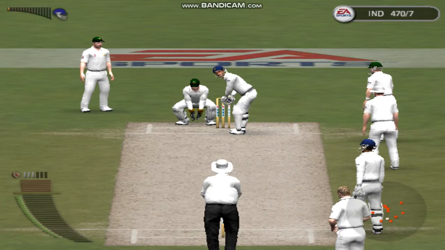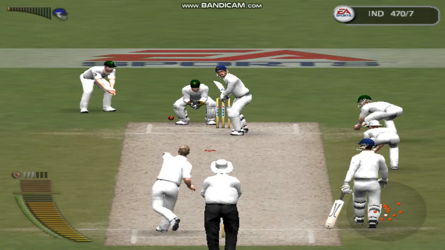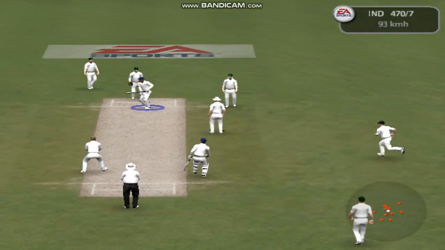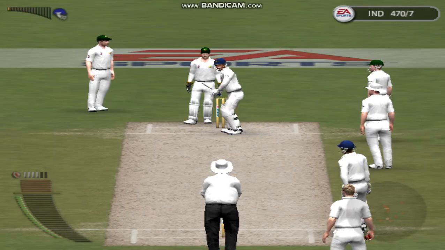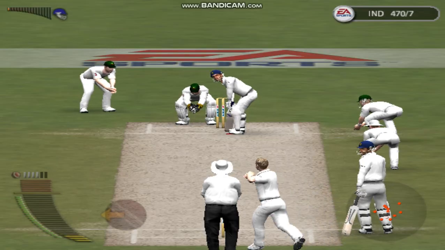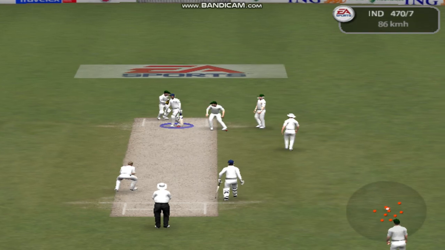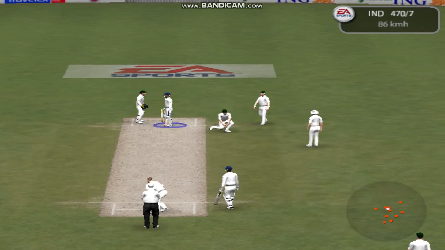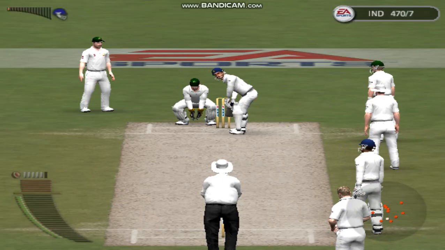Clark to bowl to Agarkar. Agarkar facing. Oh dear, that's a terrible misfield. More runs. Clark to Agarkar.